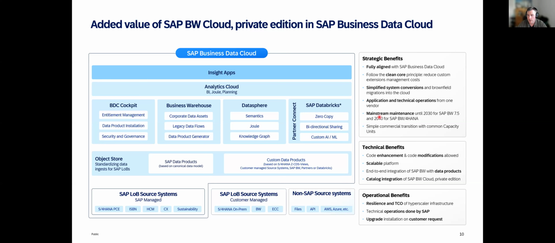Then, of course, for sure, BW 4HANA is still supported until 2040. And Karsten already mentioned the other great advantage of Business Data Cloud compared to other solutions. There's really a simple commercial transition with common capacity units possible. So you can individually decide on what kind of tooling, so is it BW, is it DataSphere, SAP Databricks, Analytics Cloud, Insight App, Data Products,